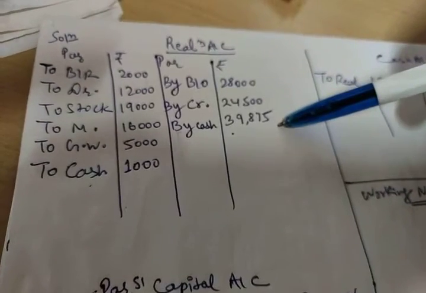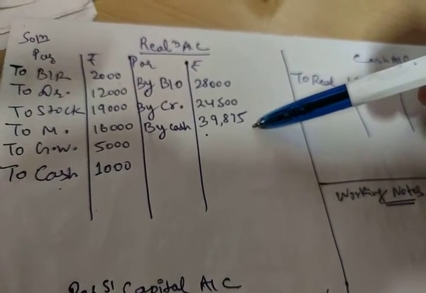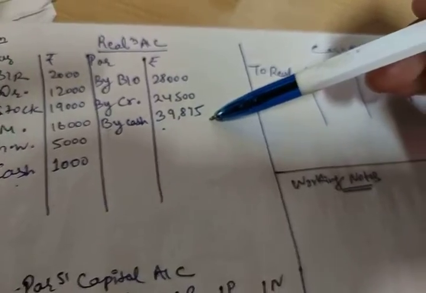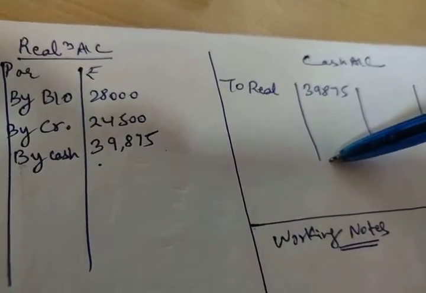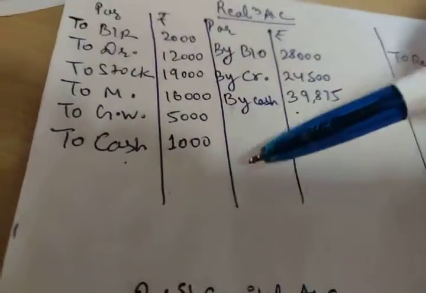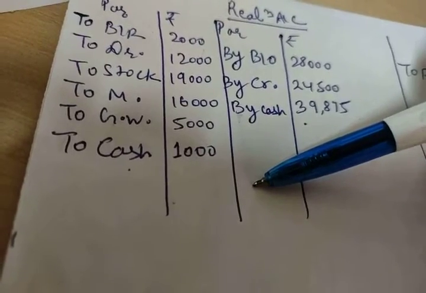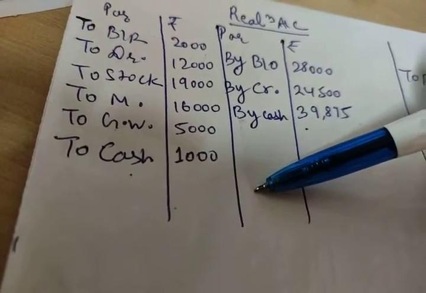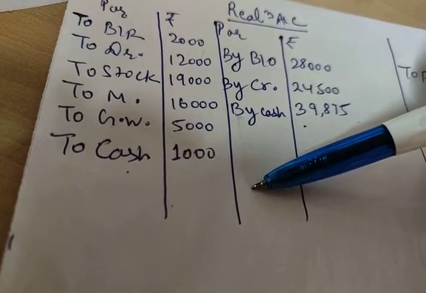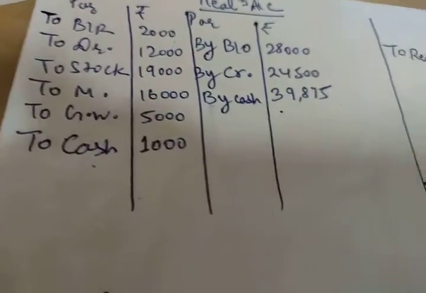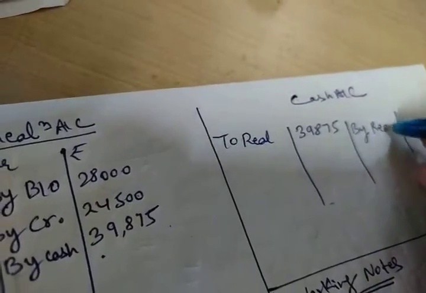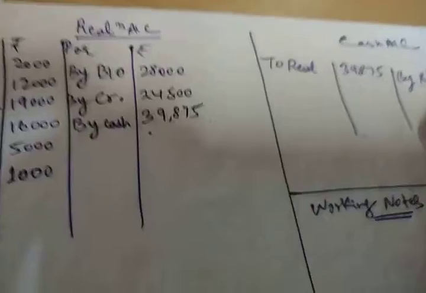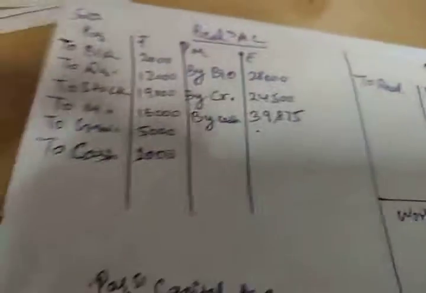After that we had the information in the question that all the assets got realized for 39,875. So that entry I have also done here. Assets realized, that means I am going to receive the cash, 39,875, and as we have done the entry, we have got the cash. So just the counter entry quickly I have done in the cash account also. And then again, if you check the question, the expenses amounted to rupees 1,000, that is your realization expense. That realization expense also we have to pay in cash. I have paid it. So now we have to do the counter entry of this by realization expense, your 1,000 rupees. Fine. This is realization. It got attached. I don't know why, every time it happens.